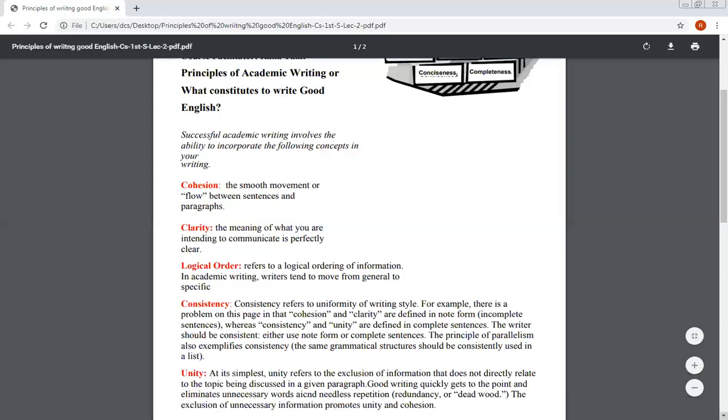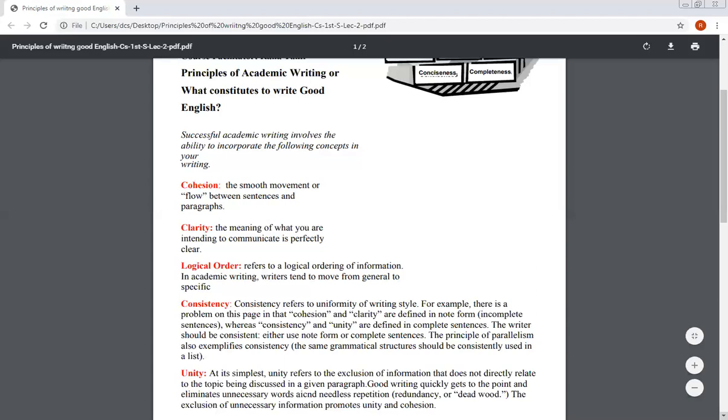So once you are clear about it, then you will be able to communicate your message to the receiver with a lot of clarity. So keep in mind, before writing any composition, you must be very selective about the topic that you have decided to write on, to pen down some words on the topic.